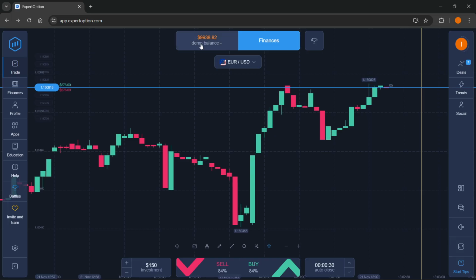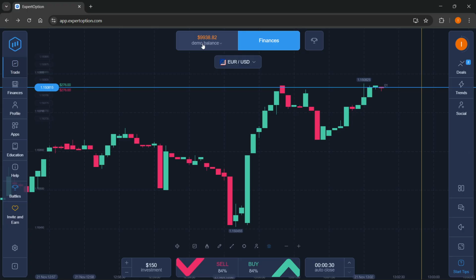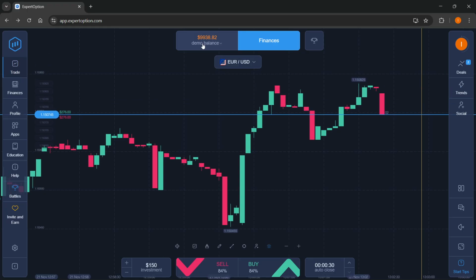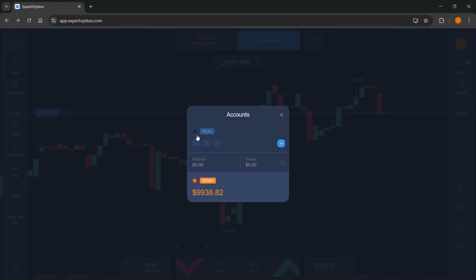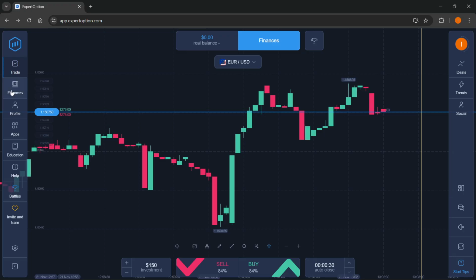And in case you are on the demo up here, so if you're seeing this demo button and it says demo balance, don't worry because you've actually opened a real account. The demo account just came together with it. So to get it, click on up here, and then as you can see, it says real over here. This is a real live account. Click on it. It's going to switch over to your real balance,